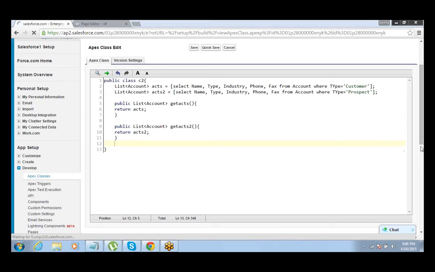I put in the chat window the fields that are required for your reference. But that is something which you will need to put in the Visualforce page. So fields are not required here on the Apex code. No, you need the fields in the Apex code also, because you'll have to write the query. So for the query you also need the fields. Yeah. Whoever is done with the class and able to save it, please let me know.